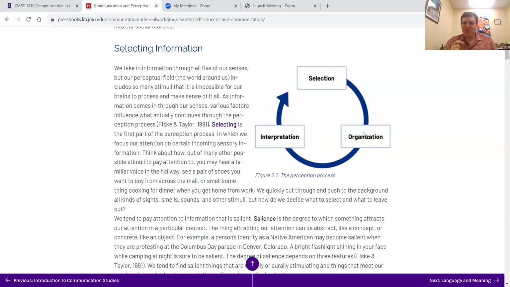But the more we can check our perception, the more we can start understanding, hey, this is just my perception based on my background, based on my experiences of life, based on my experiences in this setting, this situation. Just because it's true to me doesn't mean it's true to somebody else. And just because two people witness the exact same thing, right? You can witness it together, and you may interpret it differently. You may select different information, you may organize it differently, you may interpret it differently at any of those stages. So sometimes that's where a conflict comes into account.